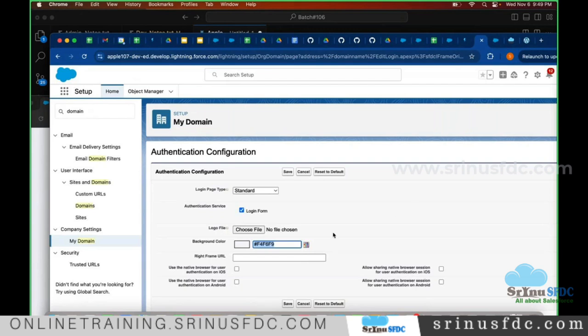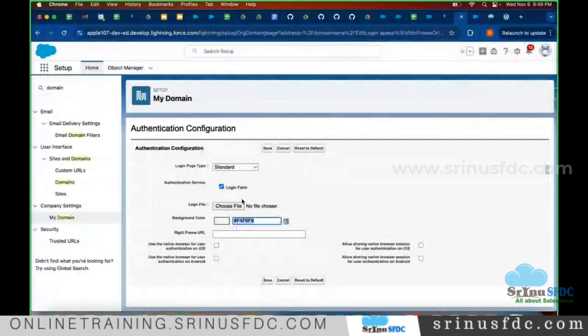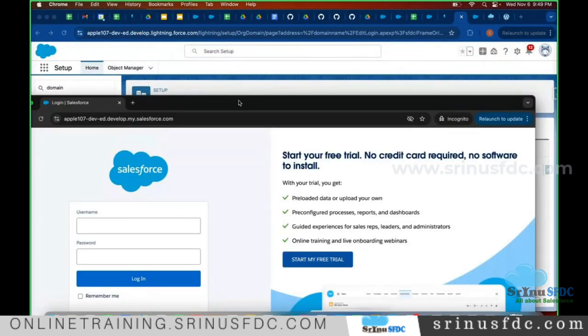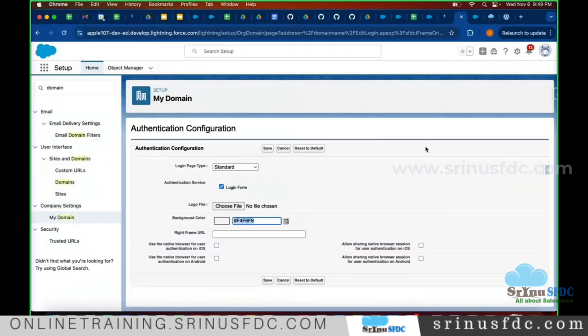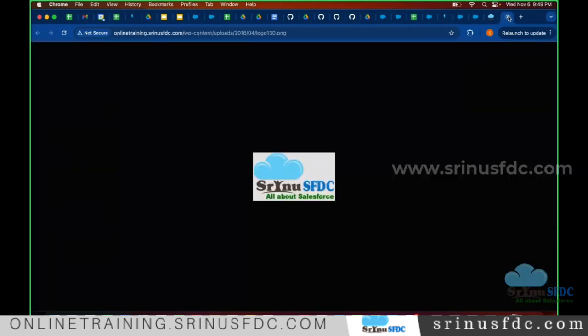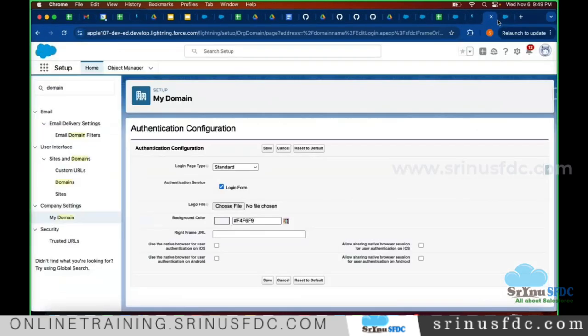Okay, anyway, I think I need to identify the right file. Okay, so this is the place where we can upload the logo. So that way, when we open this URL, that logo, that branding can be maintained. That's the difference. Otherwise, on day to day, mostly if you want to log in, right, all you need to